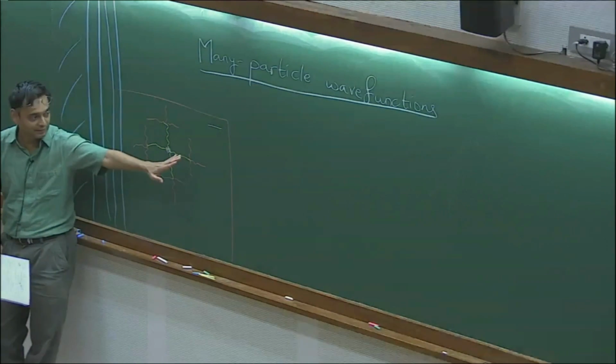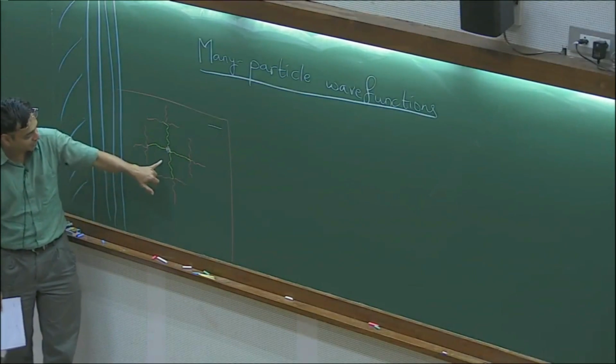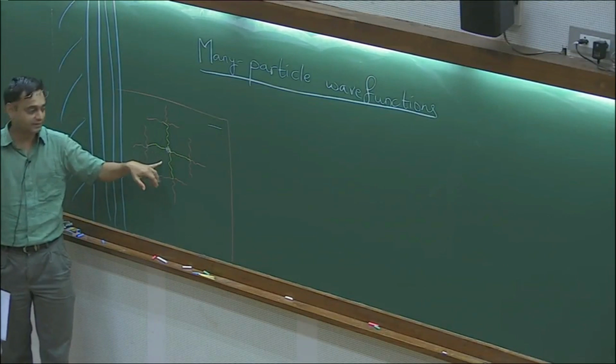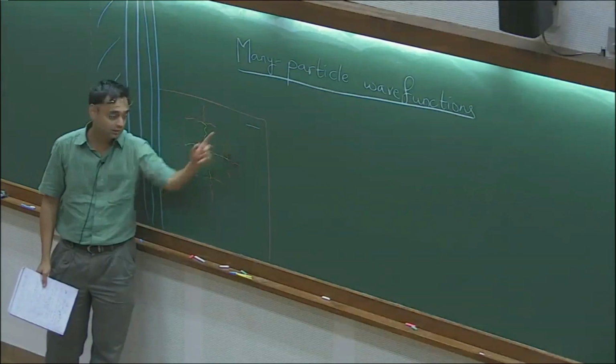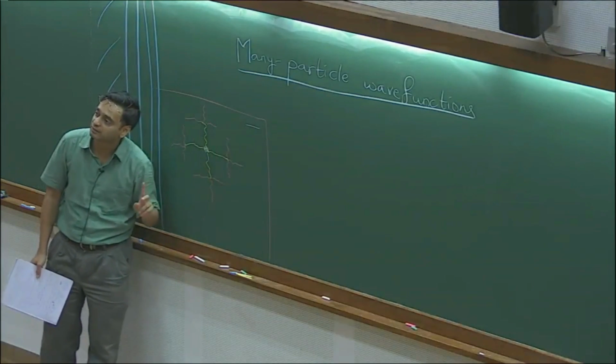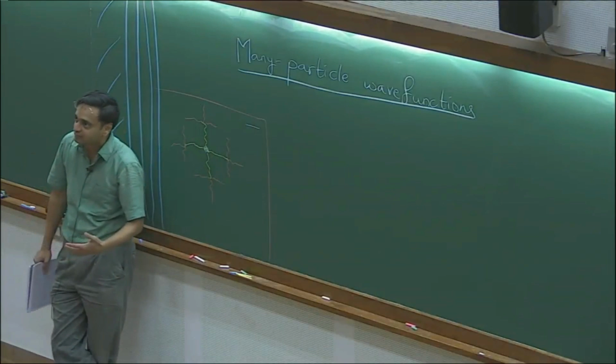Right. That's why I keep track of all possible bonds, right? So the perturbation can act on the yellow bonds, it can act on the red bonds, or it can act at some generic bond not in the local neighborhood of the particle. That's what we were doing. So now go ahead.